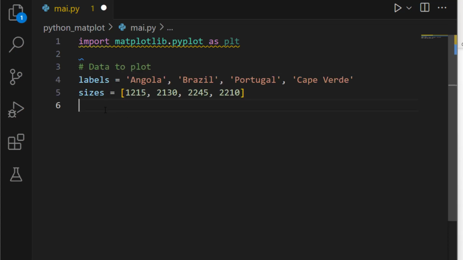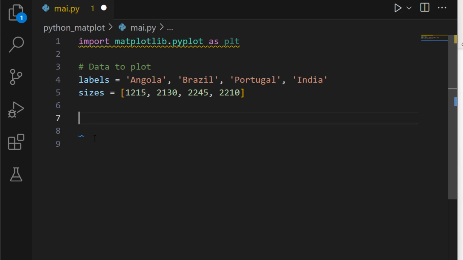So we are going to have data, for example the labels that we need. For our labels we have some countries, for example Angola, which is my country, then we have Brazil, Portugal, and Cape Verde. But let's change Cape Verde, let's say India. And apart from India, Portugal, I'm going to sacrifice. Let me see. Okay, let's just keep it like this. No need to remove anyone more. So now we have our data. These are the data that we are going to use as an example.